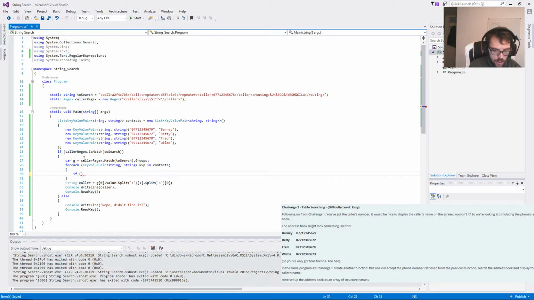If KVP dot key, do I have to do dot value for this? No. Cool. Equals